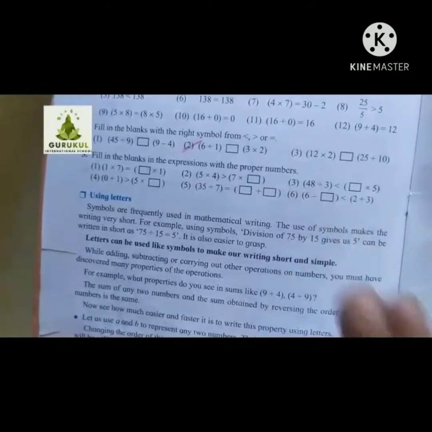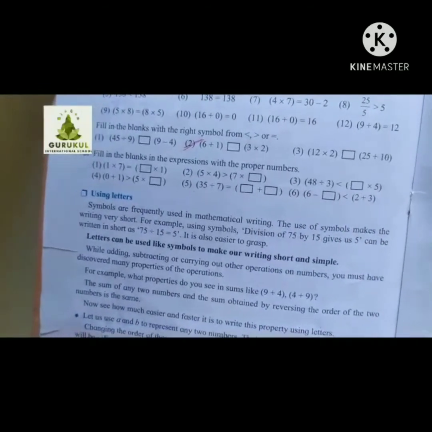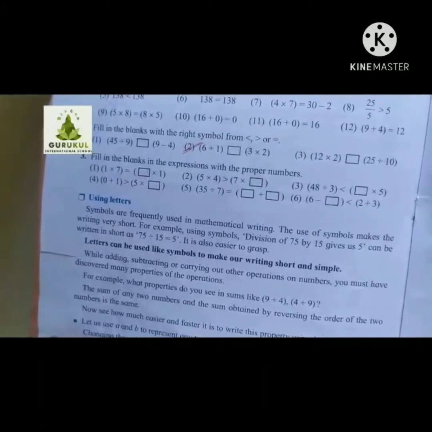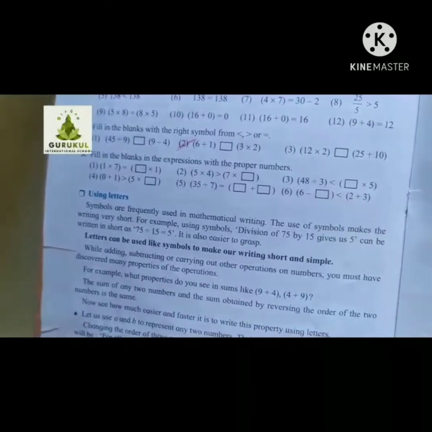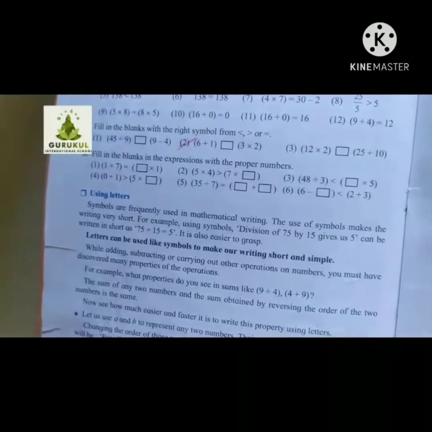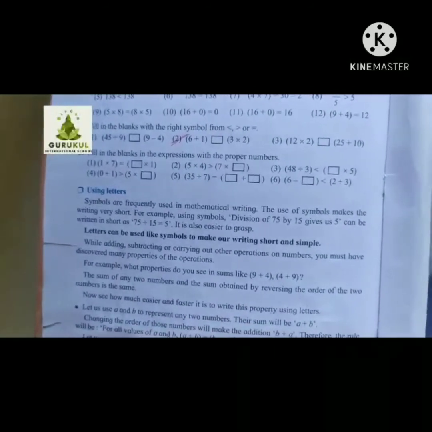Okay. For this you just have to see whether the number coming is greater than, less than, or equal to, and accordingly decide the number. So here we have completed practice set 55.